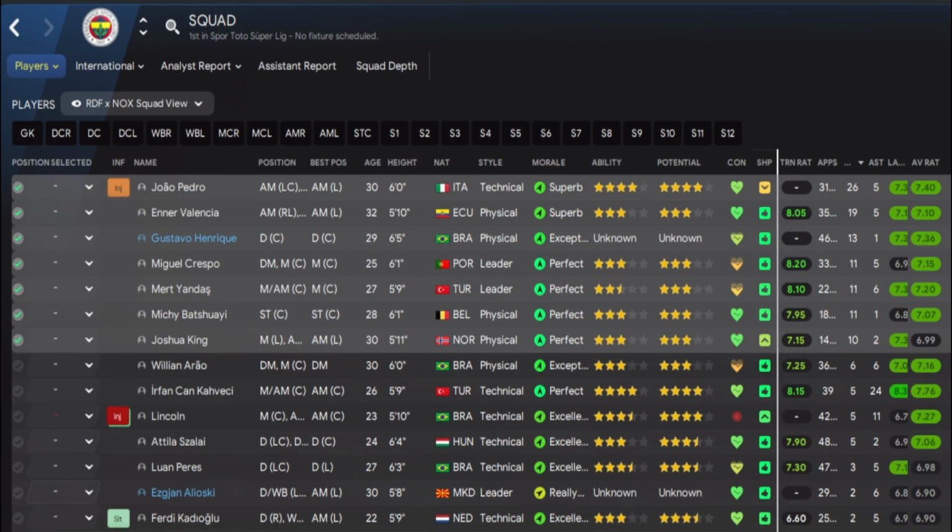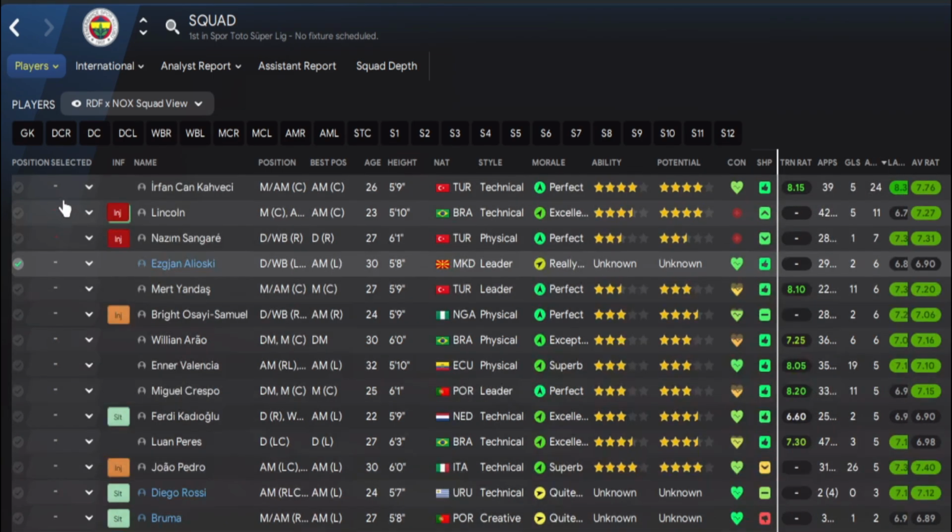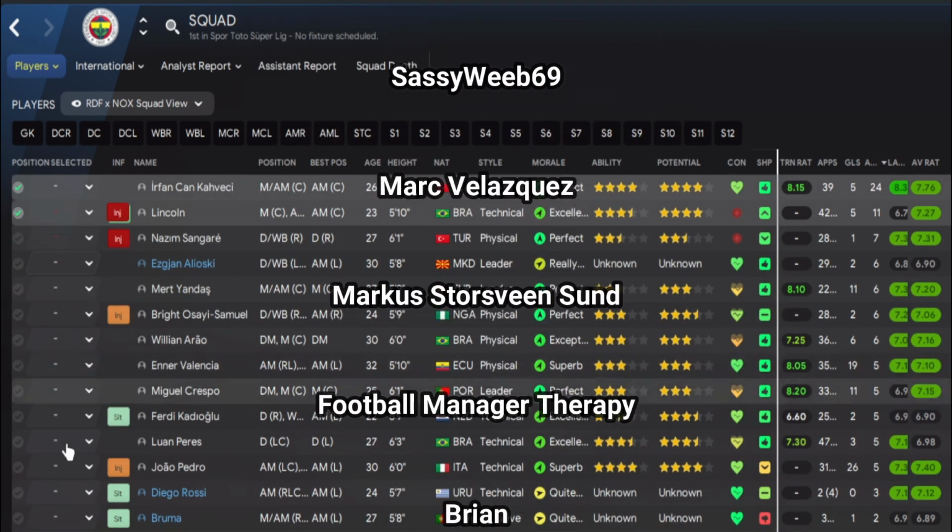So in the league, we did have players scoring a lot of goals. Joshua King, Batshuayi, Mert Yandash, Miguel Crespo, Gustavo Henrique, the centre-back, Enner Valencia, and João Pedro, all in double figures of goals. And looking at the creative players, we just have two players in double figures, which is Irfan